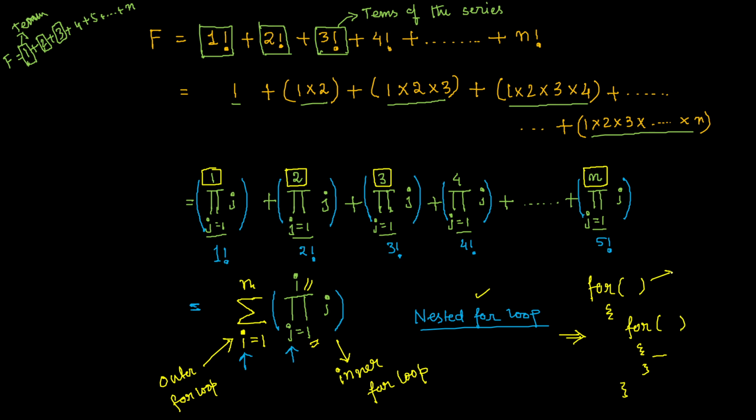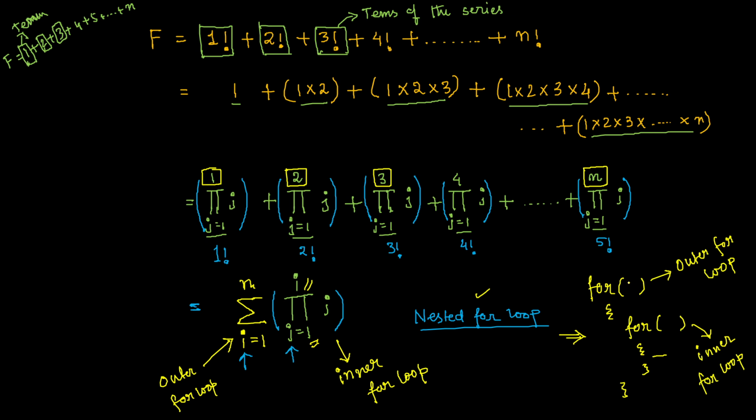This is what we call the outer for loop, and this is what we call the inner for loop. What is the significance of this? Until and unless this inner for loop completes, this outer for loop will not continue. It's not possible,